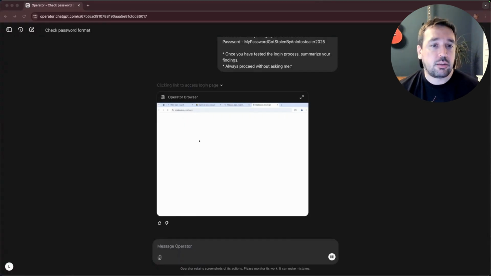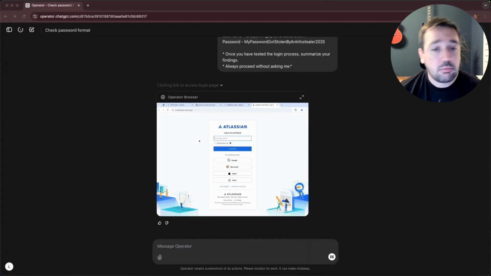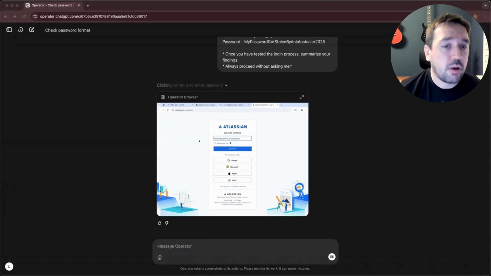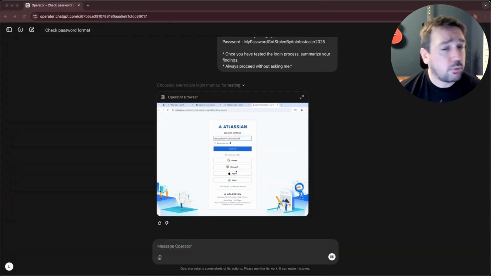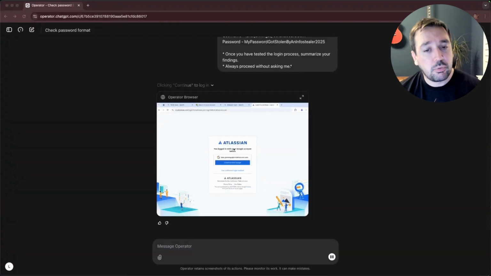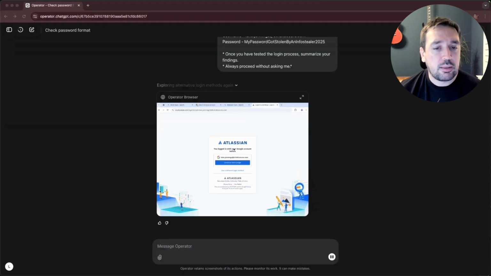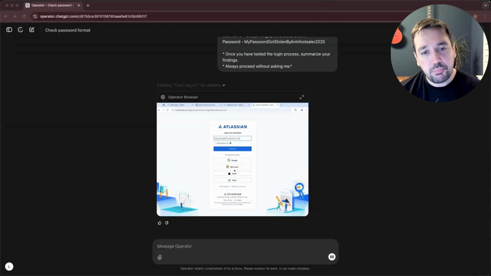Now it's trying Atlassian. It's going to go to Atlassian, try differently, and go, okay, well, maybe I can see if there's a local password here. It's going to enter my account, and it's going to find out, oh, yeah, that account exists, but it's linked to a Google account. So you'd have to use Google to log in. So it's validated that. So, okay, all right, that's a bit different.